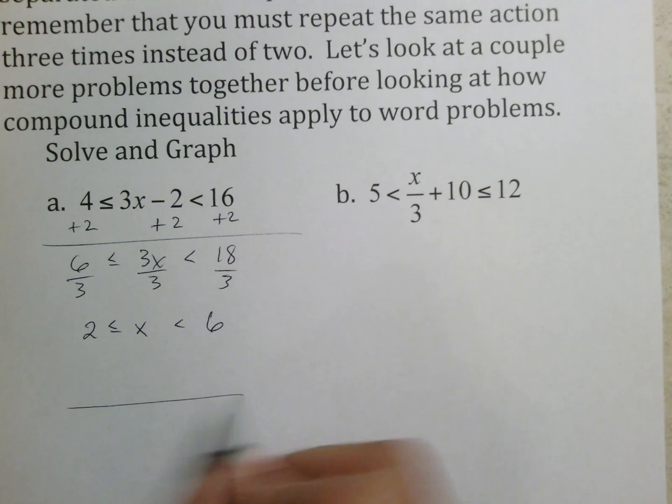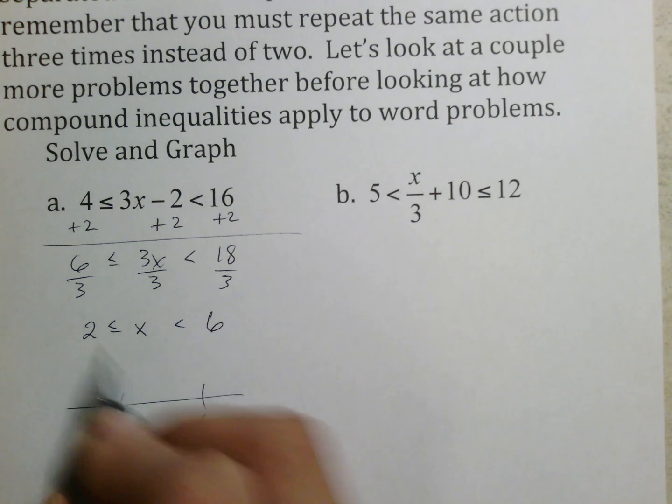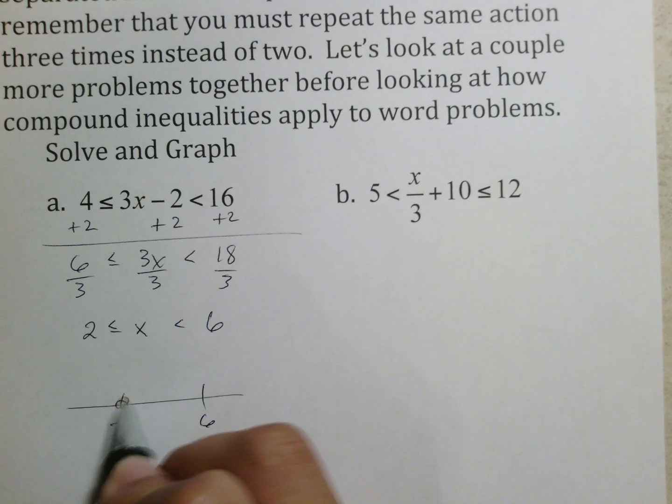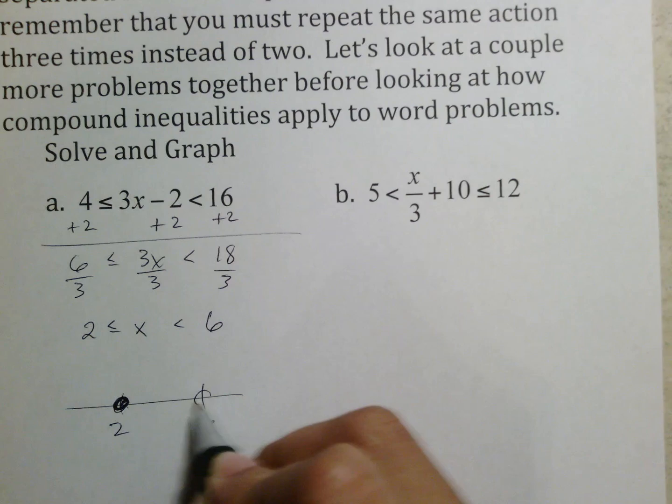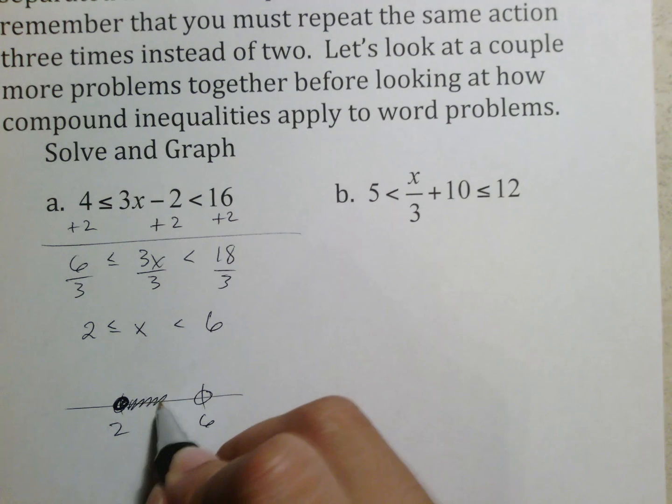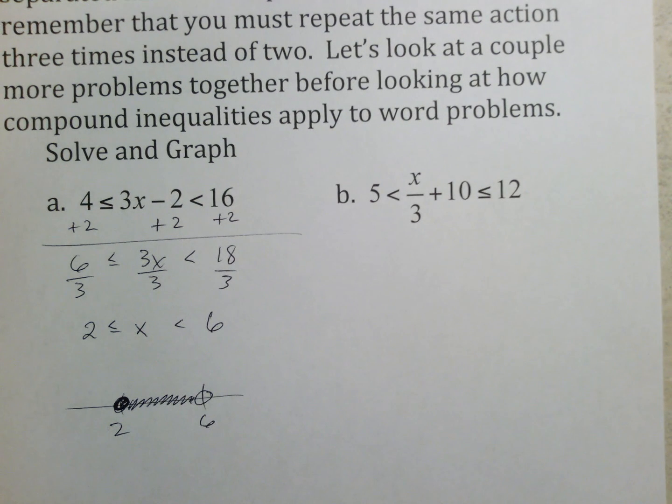Because 2 has the line under it, that's closed. Because 6 does not have the line under it, it's open, and we want everything in between 2 and 6. And then the very last one,